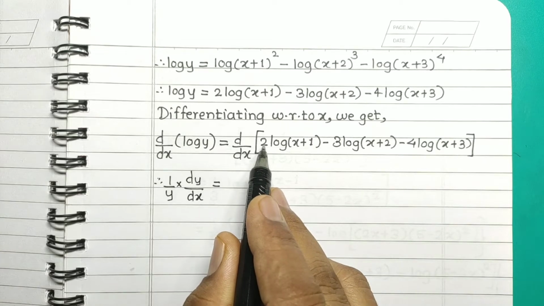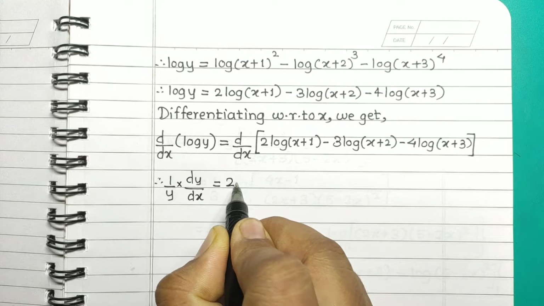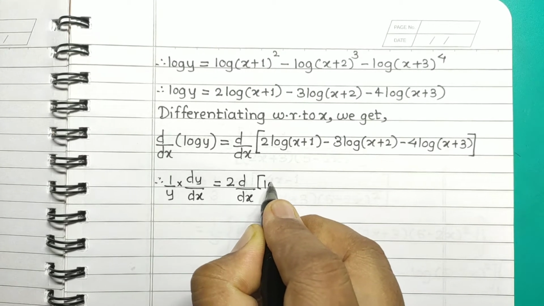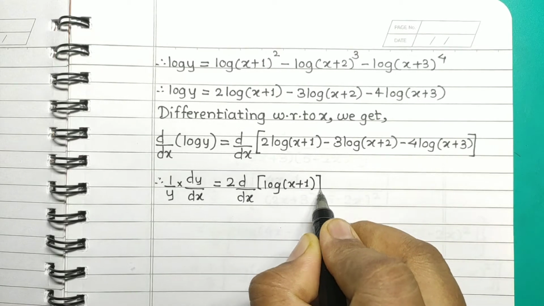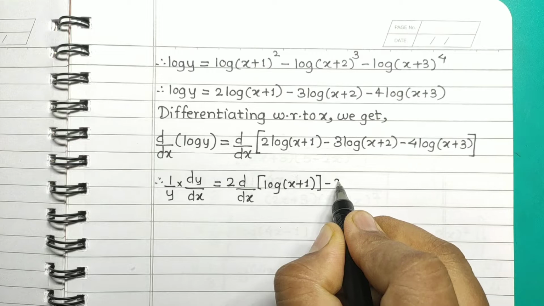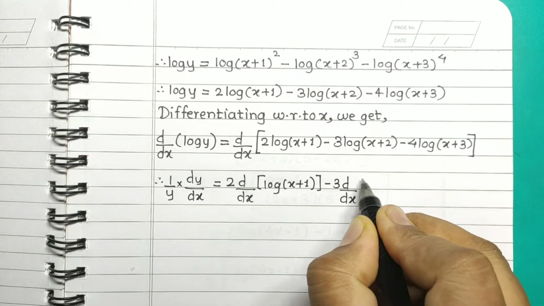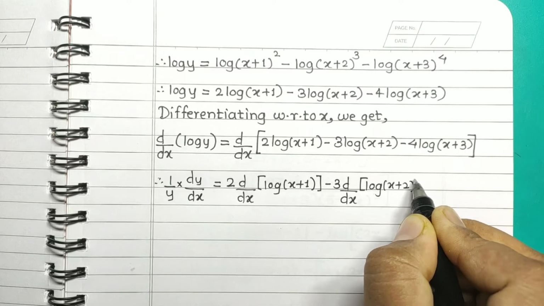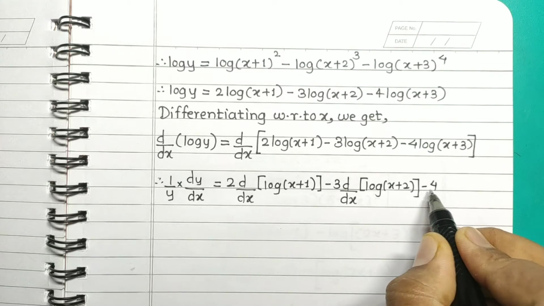Here 2 is constant, so let's write it as 2 into d by dx of log of (x plus 1), minus, again this 3 is constant, so 3 into the derivative of log of (x plus 2). And again this minus 4 is constant, so minus 4